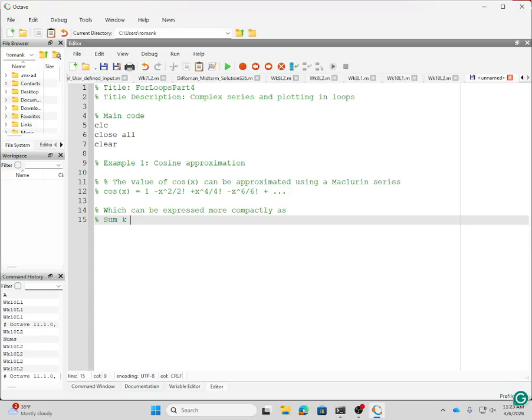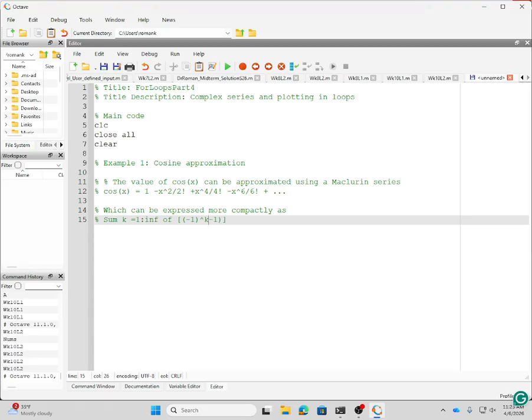So that's the k. Okay, k starts from 1 to infinity. Remember infinity, because the series always goes up to infinity, right? So if you assume that way, then it can be written as minus 1 to the power k